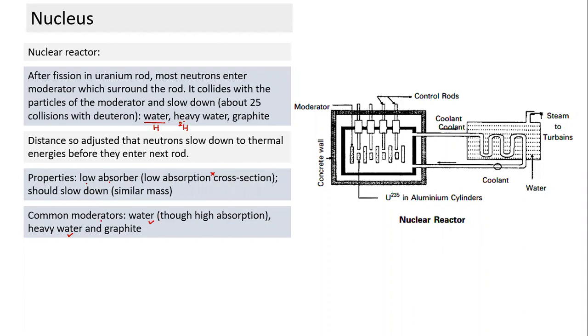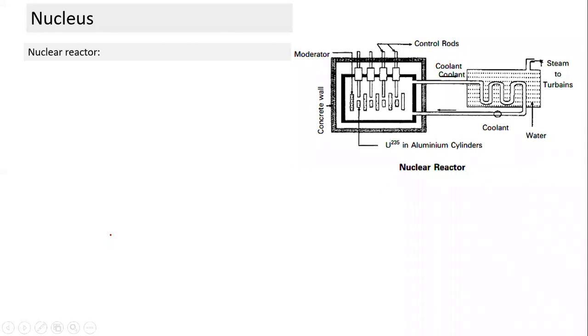It's also used, but if you look at the total number of nuclear reactors which are present, water is much more common. Graphite also is there, but graphite you need to use in a very pure form, so again there is the cost of purification and all. So this is also not as commonly used as water. These are the three common moderators, and that's the role they have. So this is a moderator.